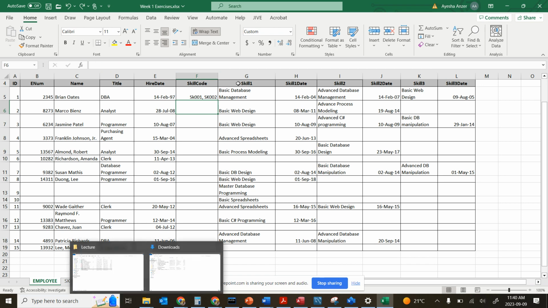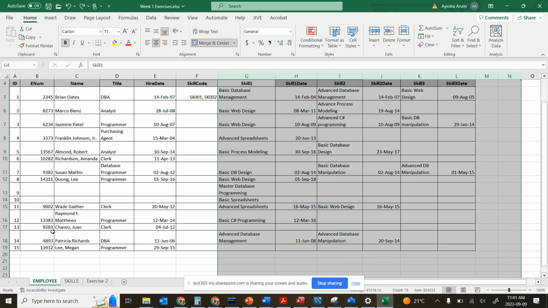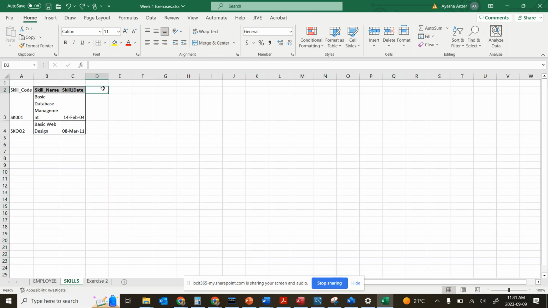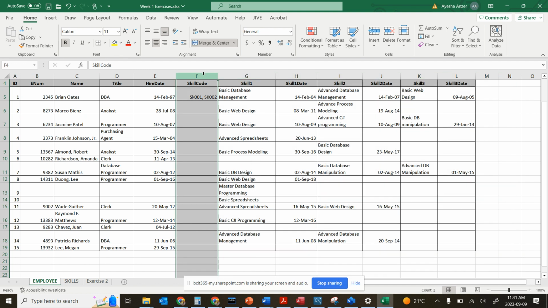Or what you can do is add in skill the employee ID. So it's up to you how you want to design it, whether to add the employee ID here or add a skill code here. But there are certain rules we follow to add these types of keys. We call them a foreign key,